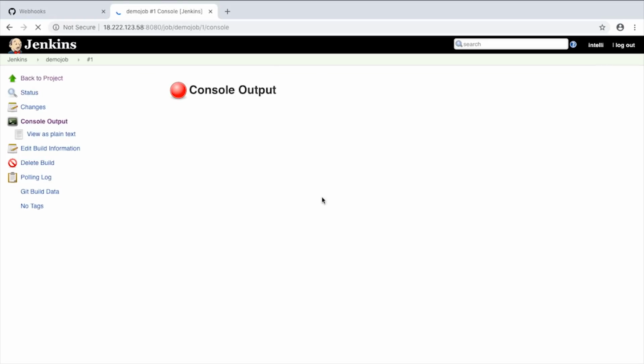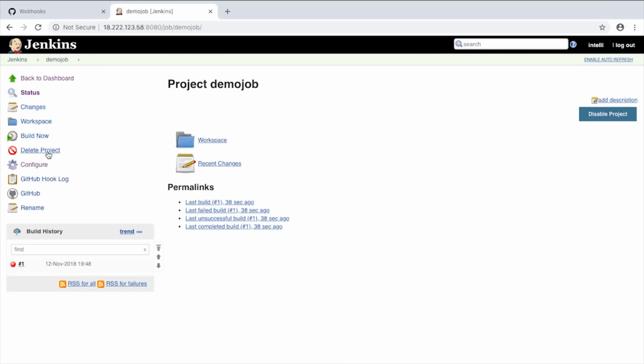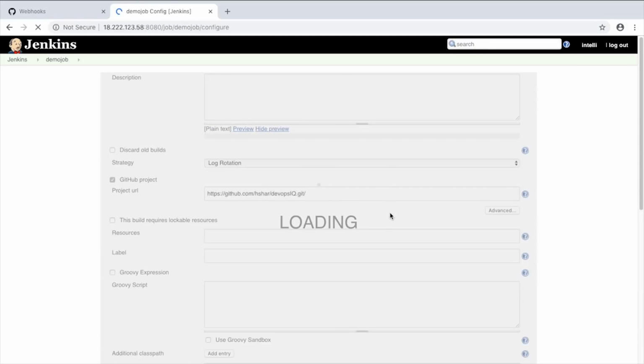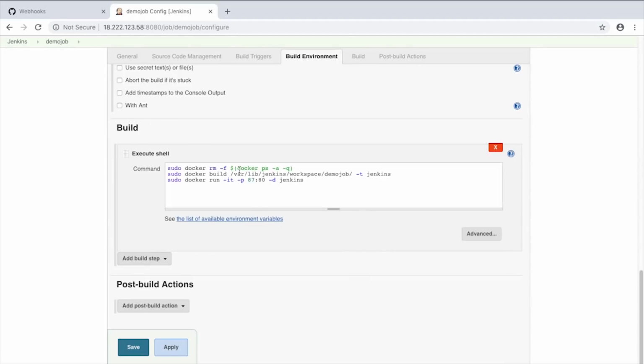So if you go here, you can see the console output just like this. Okay, so basically we forgot to add a sudo here, and that is causing us a problem. Okay, so we can fix this by just going down and adding a sudo here. Save it,